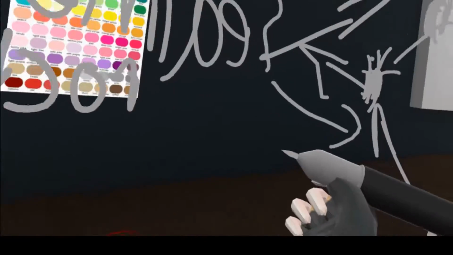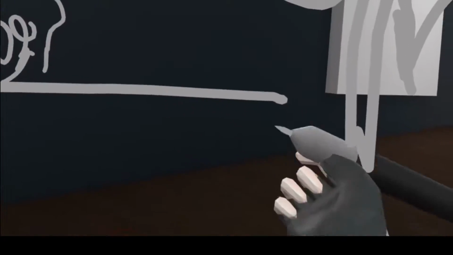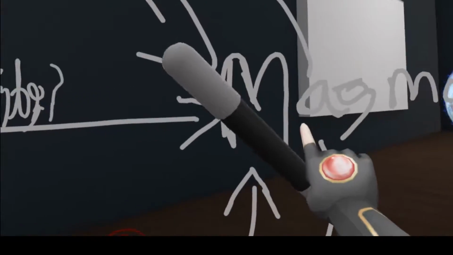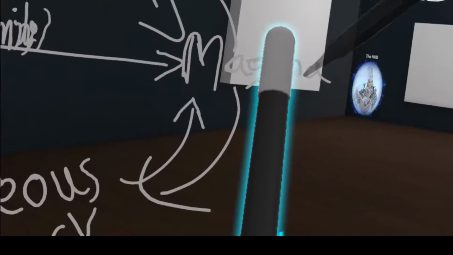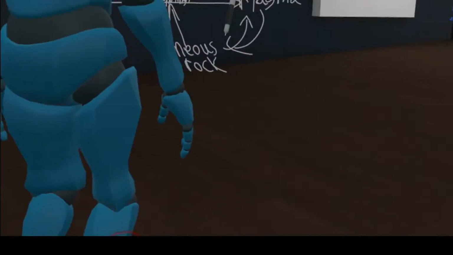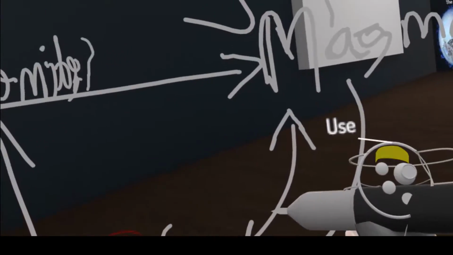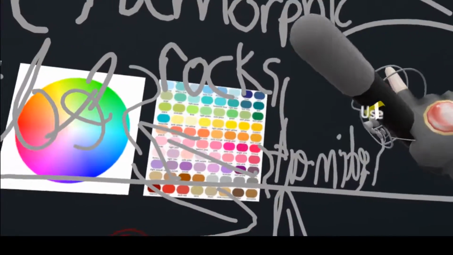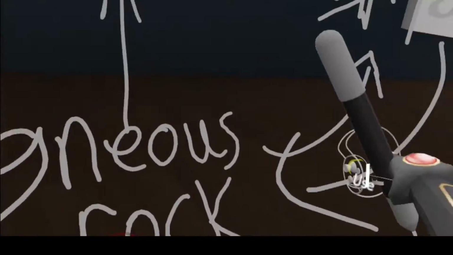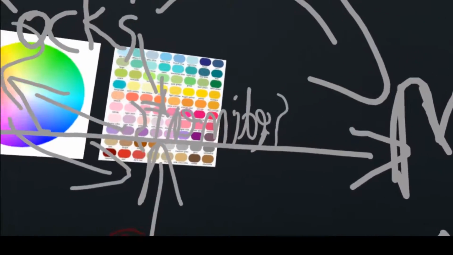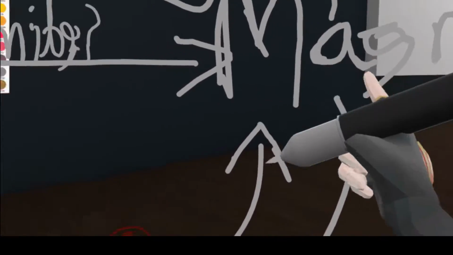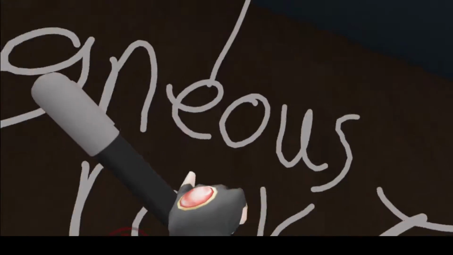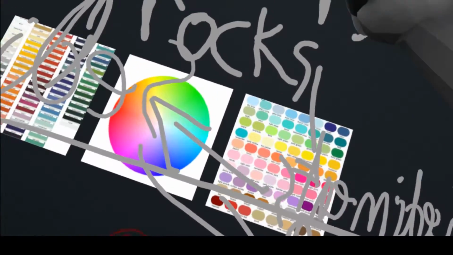Okay, so metamorphic rocks. Actually, this is also connected. So magma can become metamorphic or igneous rocks. I'm actually happy with how this diagram turned out. Okay, so magma can become metamorphic or igneous rocks. Depends on the conditions that it cools. If it's on the surface, it's going to be an igneous rock, I think, and if it's underground,